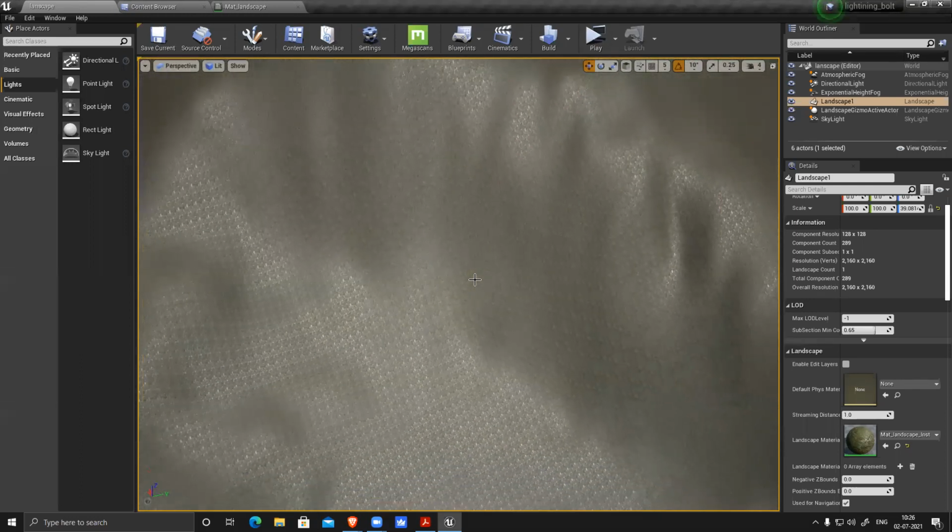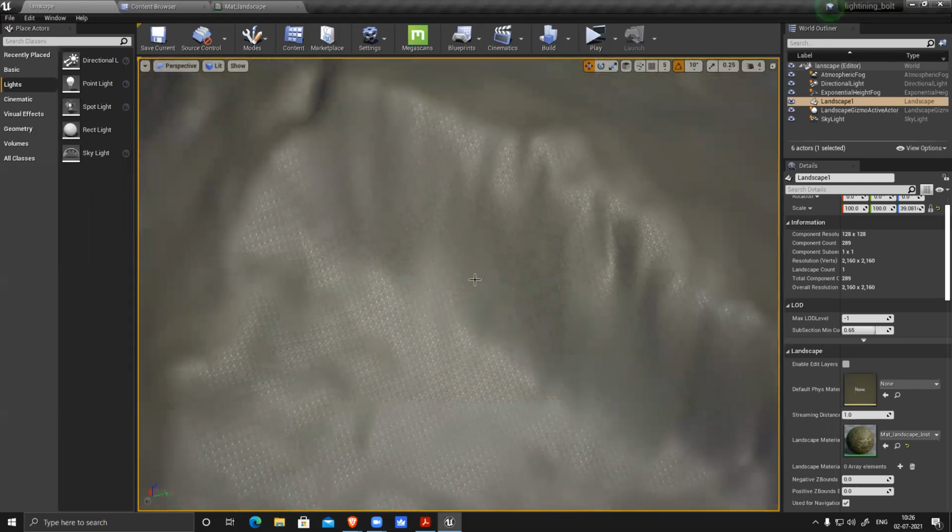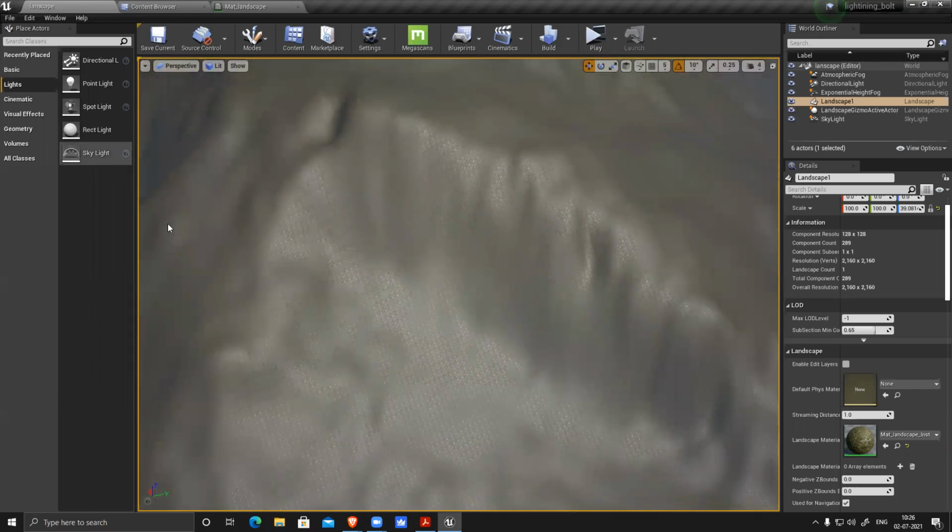So I need to control this thing. Now, if you remember the mossy ground, this ground texture, I have a preview I switched on. That's why this part is visible like this. But tiling is way too much. So how do I control the tiling?